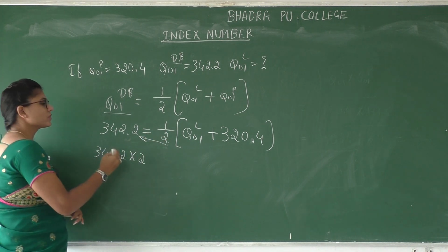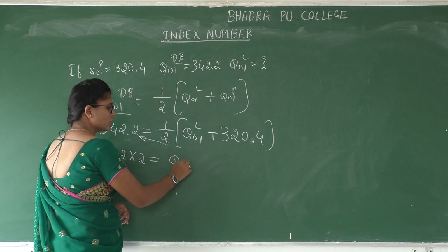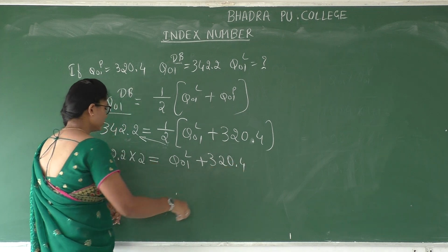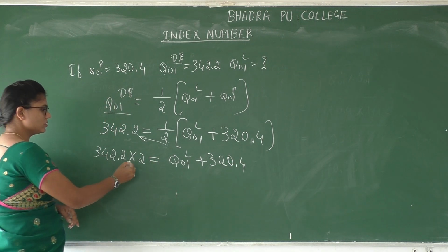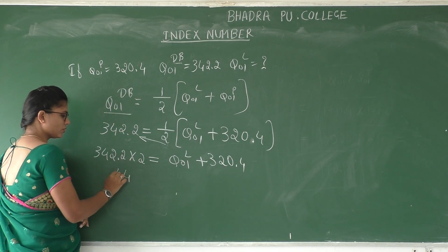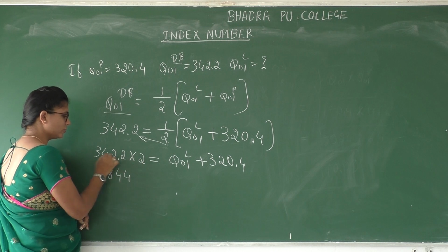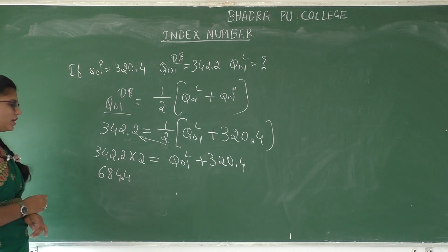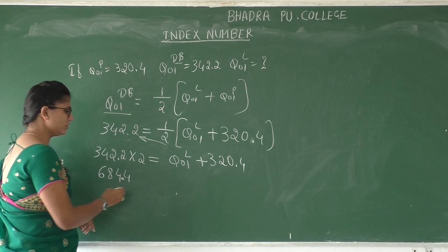Is equal to Q01L plus 320.4. Next, do multiplication. 2 2s are 4, 2 2s are 4, 2 4s are 8, 2 3s are 6. 1 point is here. So, 684.4